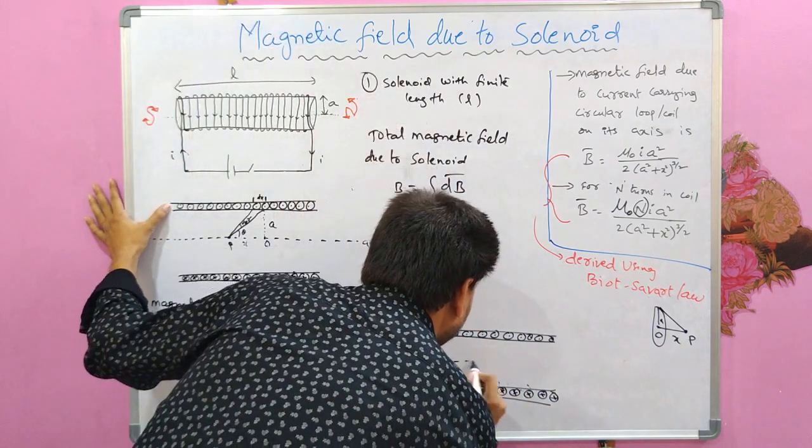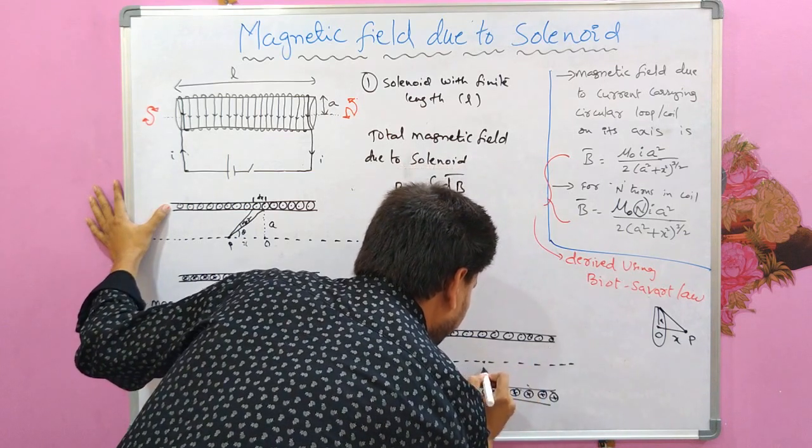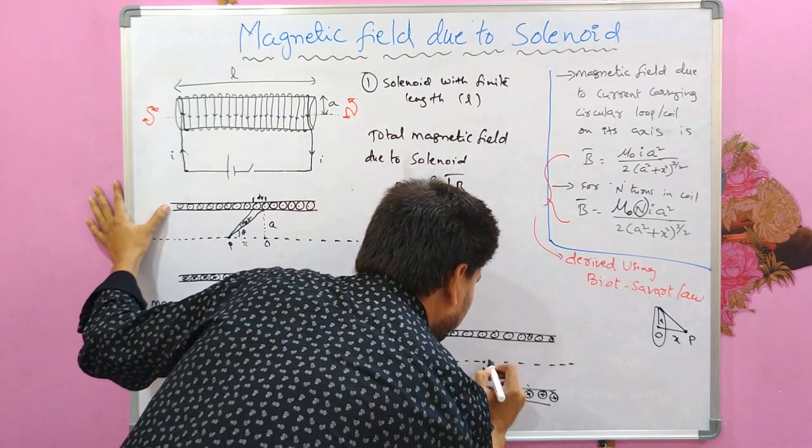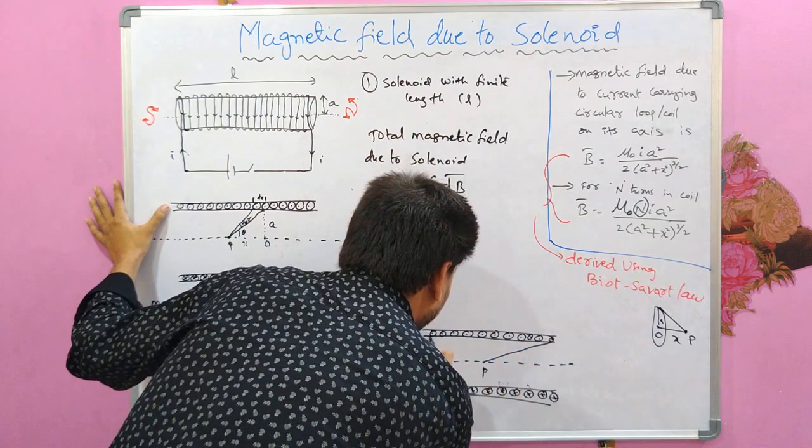This is the axis. So if this is the point P, if I want the total magnetic field due to this solenoid, that means from here to here,